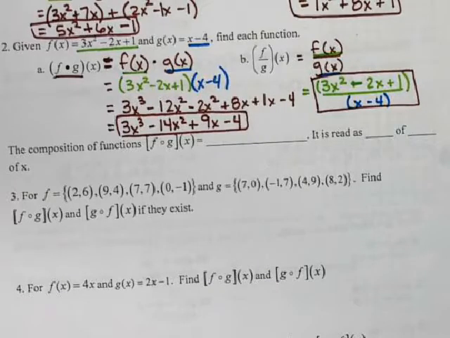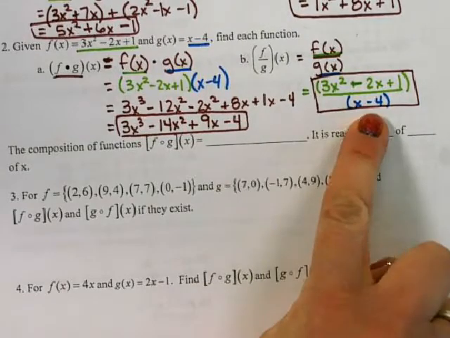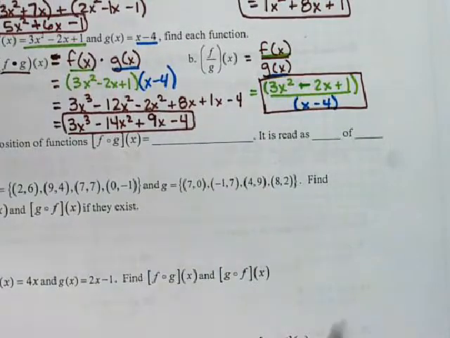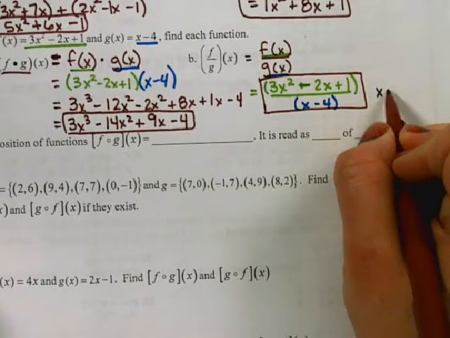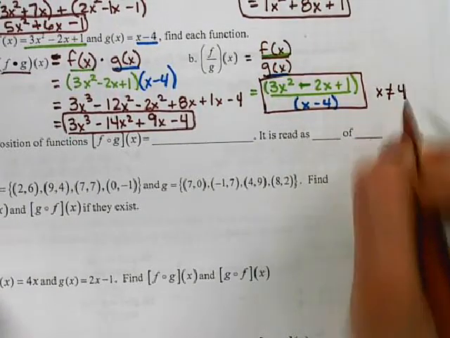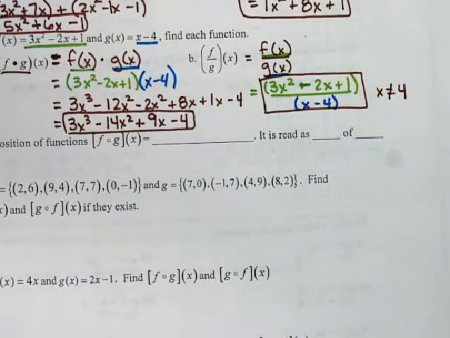0, right? So if I can't divide by 0, what value would make this guy 0 in the bottom? 4. So sometimes, and I'm not going to make you do it, sometimes you'll see that it says x cannot be equal to 4. Because if x were equal to 4, we'd have uh-oh divided by 0,